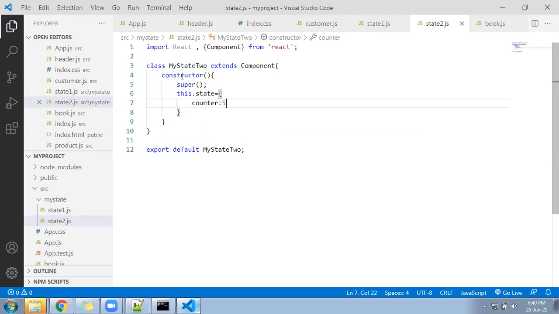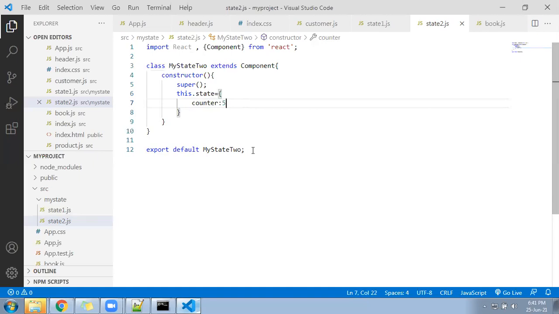Instead of creating a simple variable or maybe a class variable, we created a state variable. We store it inside the state. How to create a variable inside the state? Inside the constructor, this dot state equal to curly brackets open and close, and inside, variable name colon initial value, if you want to give something. Okay, that we did here.